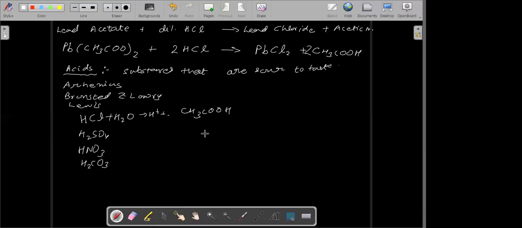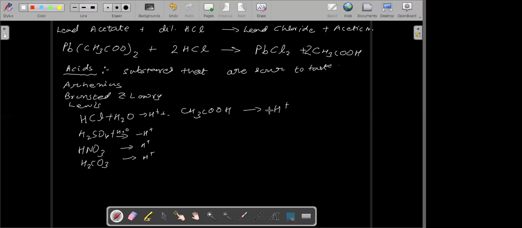And for H2SO4, you add water again, you'll get H plus ions. HNO3 will also give us H plus ions. H2CO3 will also give us H plus ions. So that is why they are all termed as acids. CH3COOH will also give the H plus ions. Now, depending on their origin, from where we are obtaining these acids, we classify these acids